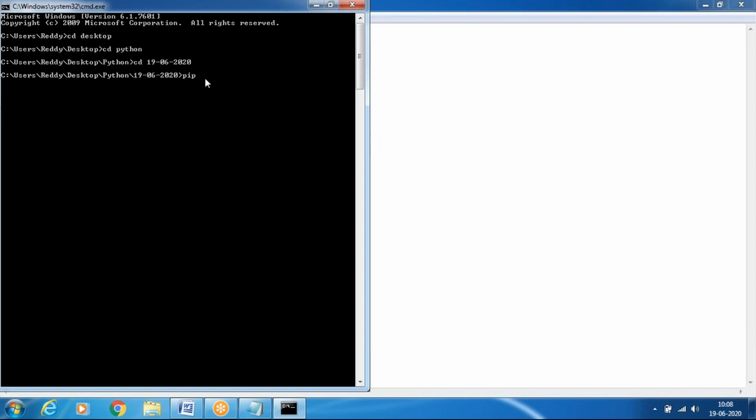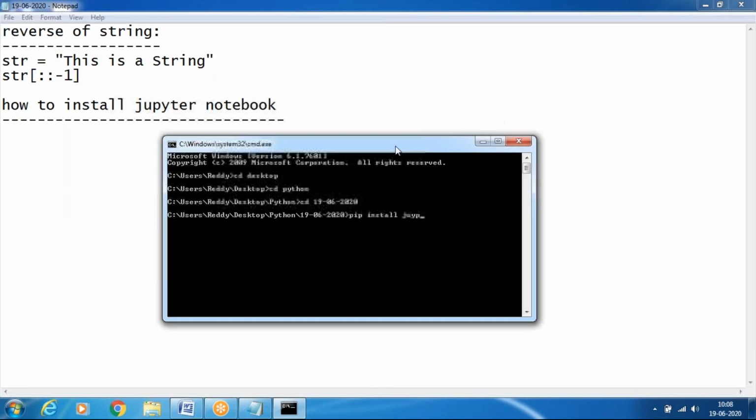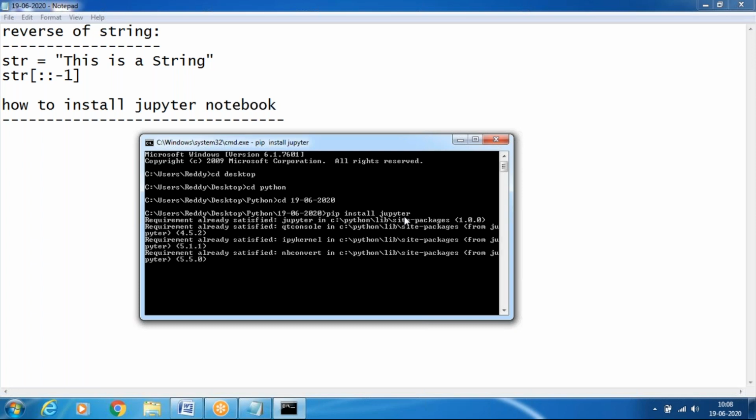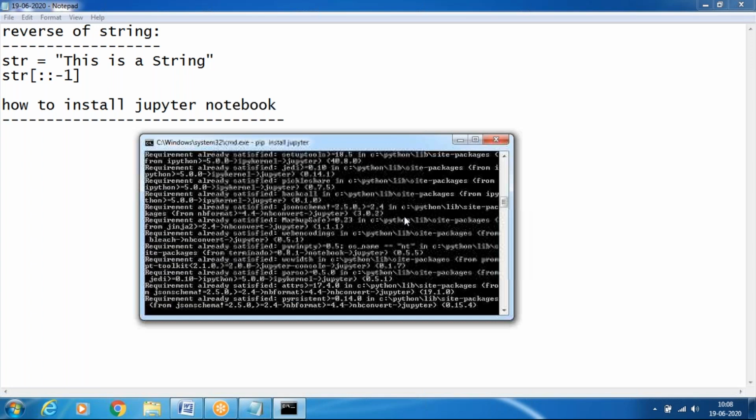Write down pip install jupyter. Enter. I have already installed it, that's why it comes like this.